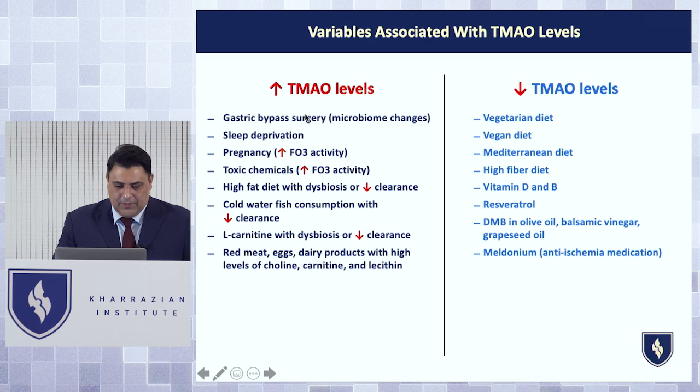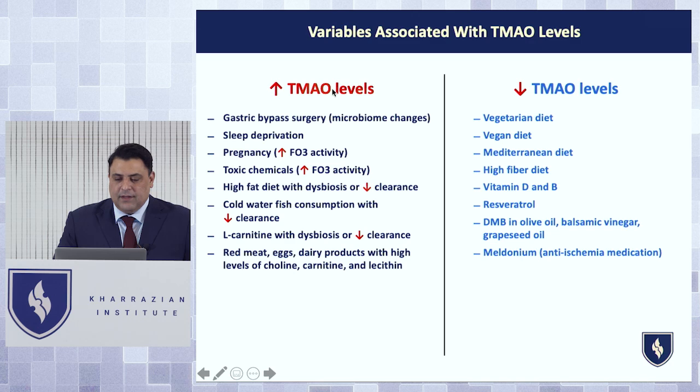Pregnancy has been shown to increase TMAO levels. Toxic chemicals have been shown to increase TMAO levels. High-fat diet with dysbiosis or reduced clearance. Cold water fish consumption with decreased clearance. L-carnitine with dysbiosis, decreased clearance. Red meats, egg, dairy products with high levels of choline, carnitine, and lecithin have all been shown to impact